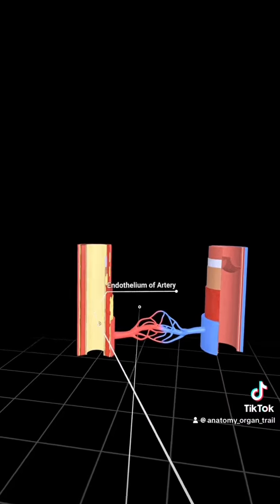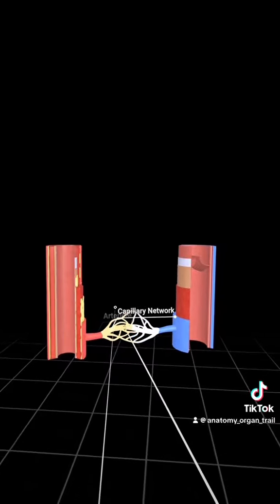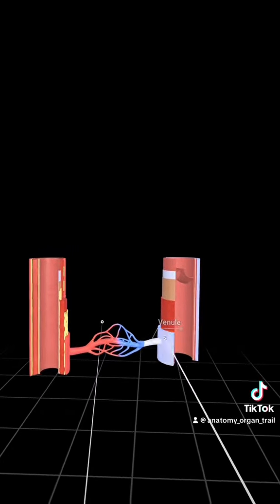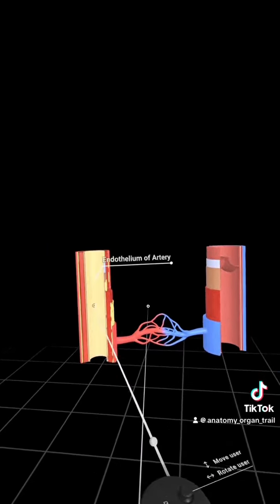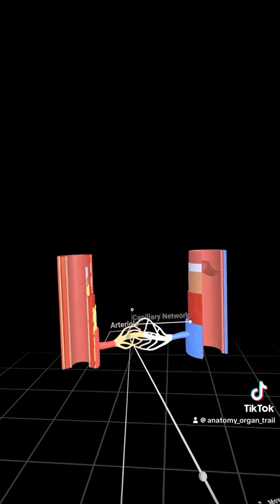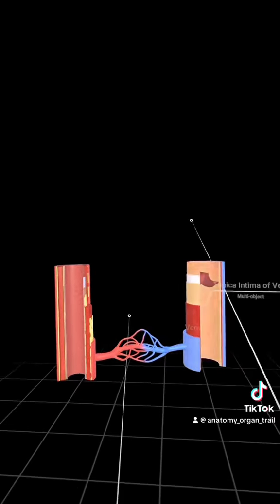Let's take a look at the artery and the vein, and we're going to do so in our VR mode here. Over here we have an artery, here's an arteriole, this is the capillary network, the venule, and the vein. Blood flow would flow from the artery into the arteriole, through the capillary, the venule, and then into the